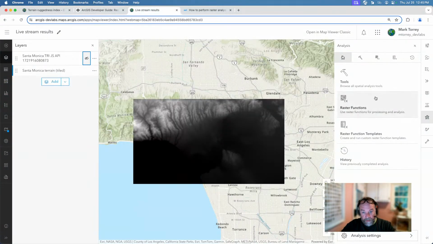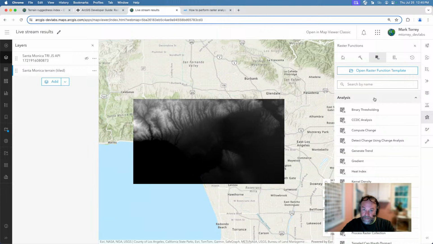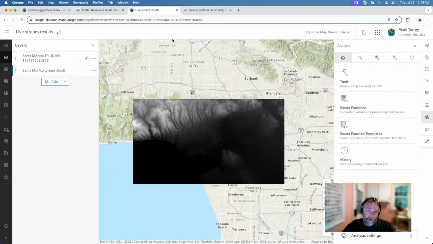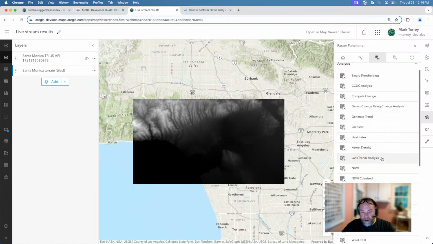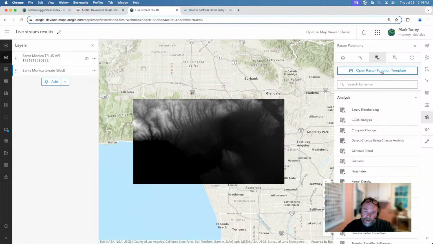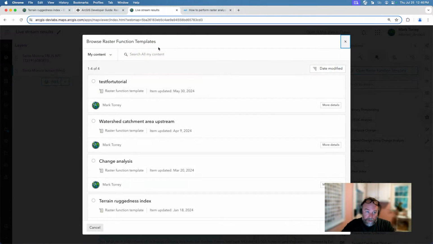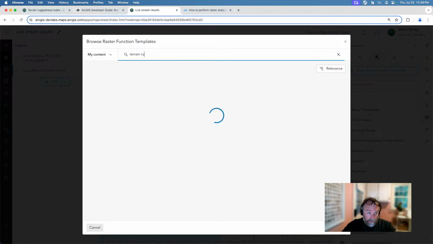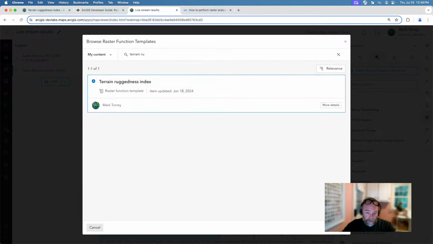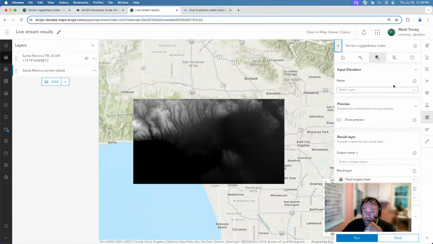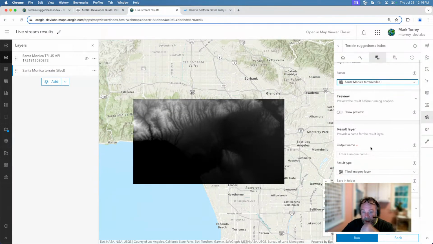We can also use that same function from the map viewer. So I'm over in the map viewer here, and in the analysis tab, if I go to raster functions, we can see all the provided raster functions, but I can also open that function I have in my code and run that the exact same way. We'll give it a name and we could run it. So I won't do that now, but